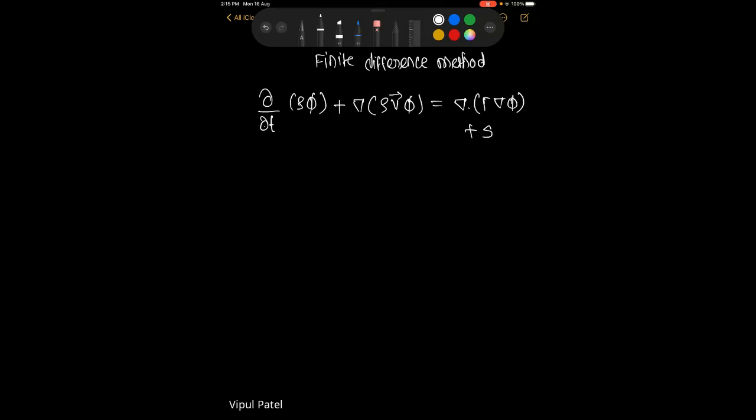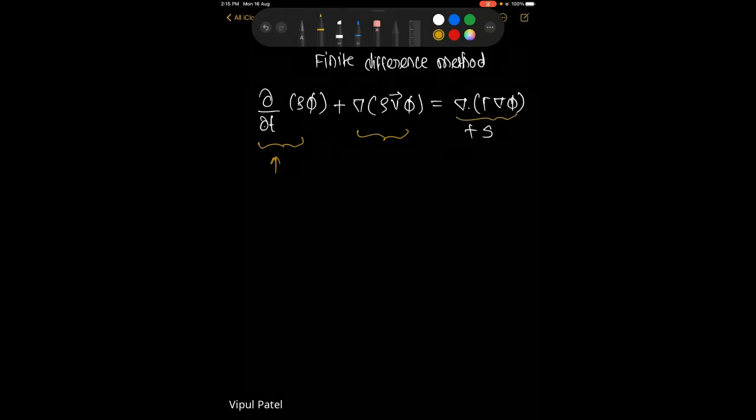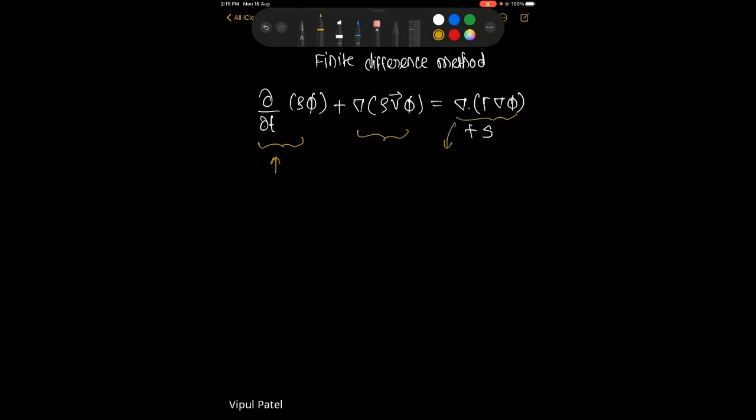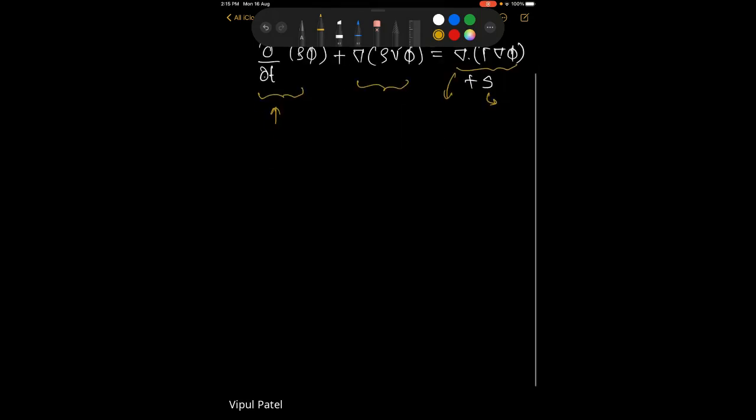Now if you carefully see this equation, you have various differential terms, right? For example, the first term is a first order derivative with respect to time, and here you also have a first order derivative with respect to space. But the diffusion term has a second order differential term, and then you have a source term that can be of any function. So in a nutshell, in your governing equation you will come across many such differential terms